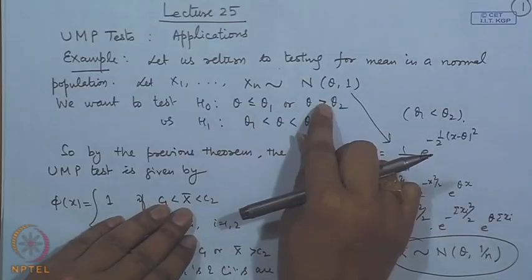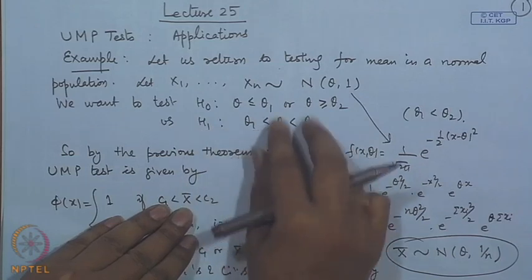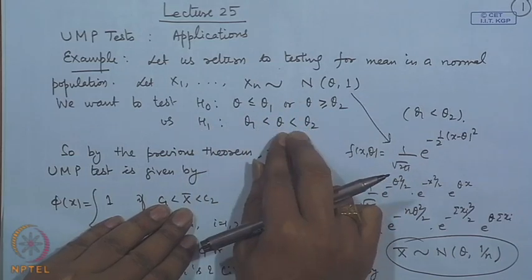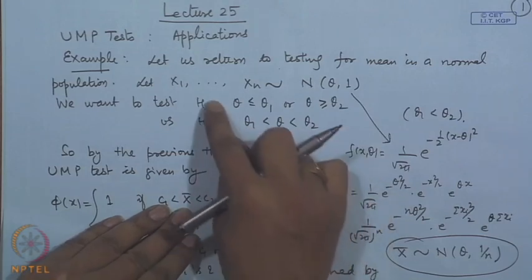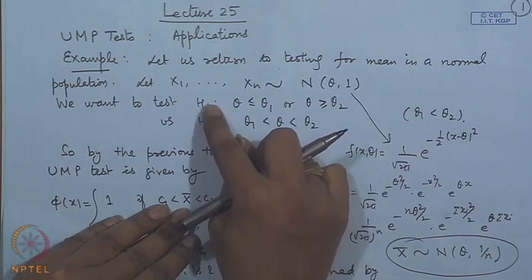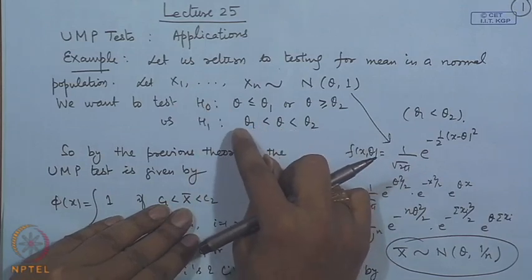Now, another point which I would like to mention here is that I have considered the region of the null hypothesis as two sided, and the region for the alternative hypothesis is the complement of that, that is, within an interval. Now, one may think that if the UMP test exists for this problem, then I can interchange it, writing this as H naught and this as H 1, that means the alternative is two sided. Unfortunately, in these cases it can be shown that the UMP test does not exist. I will demonstrate it by an example.